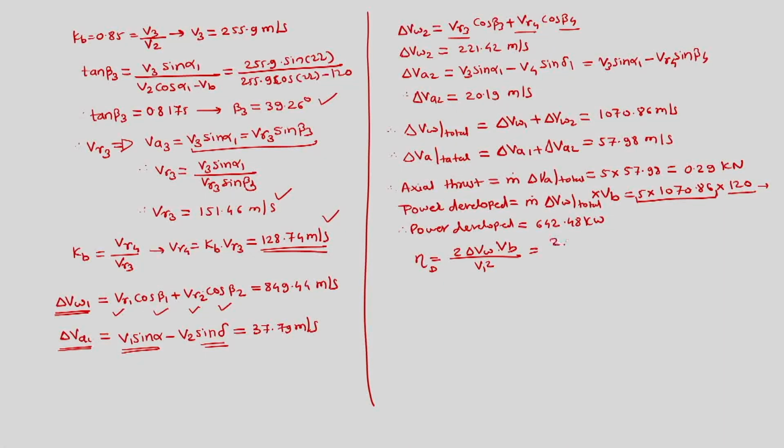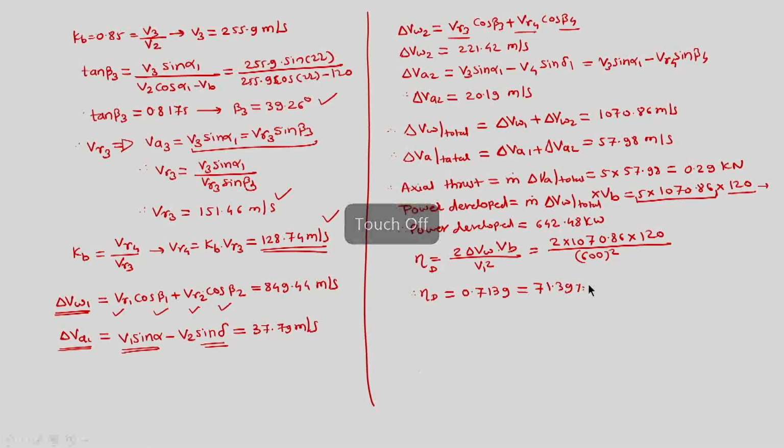So we have 2 into 1070.86 into 120 divided by 600 square. So diagram efficiency is equal to 0.7139 or 71.39%. So this is an example of two-stage velocity compounding, and here we understood one new point, that if